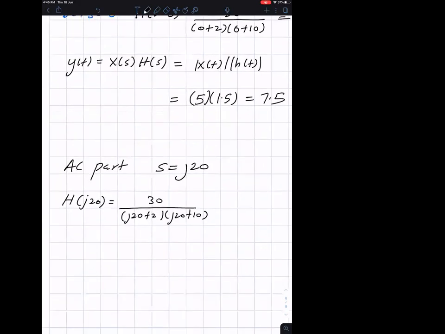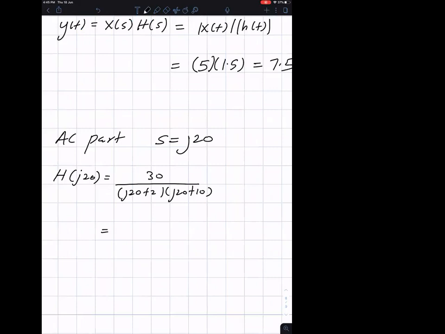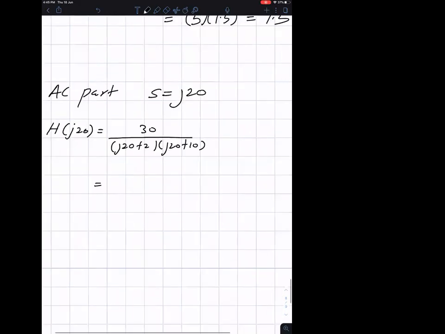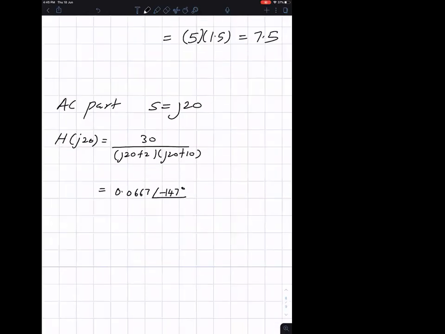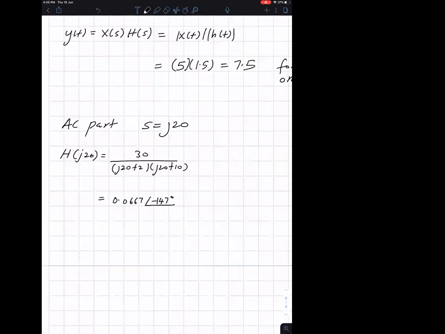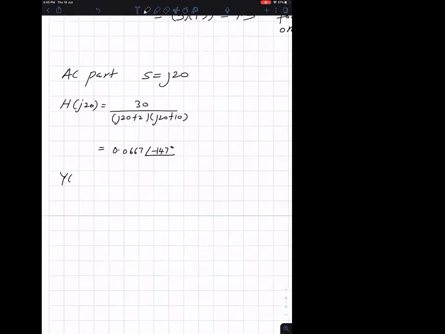If you are using your hand to do it or a calculator, you get 6.7 at minus 147 degrees. So you have to convert this into polar. So now the output, the AC output,